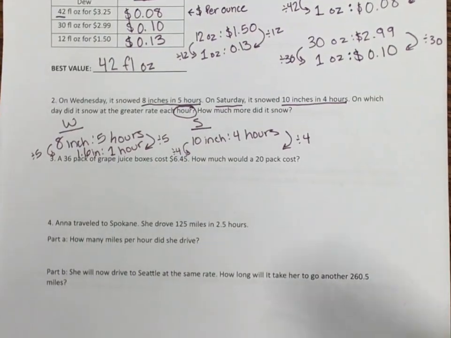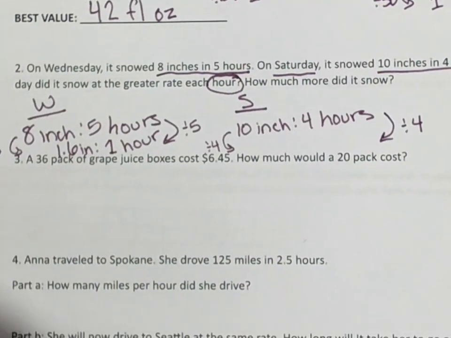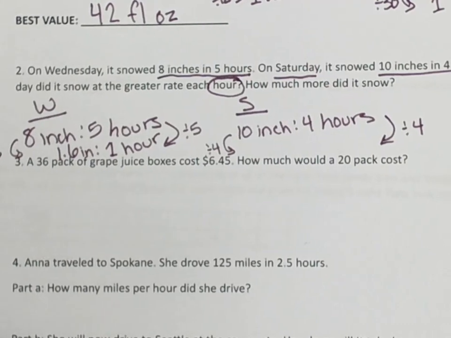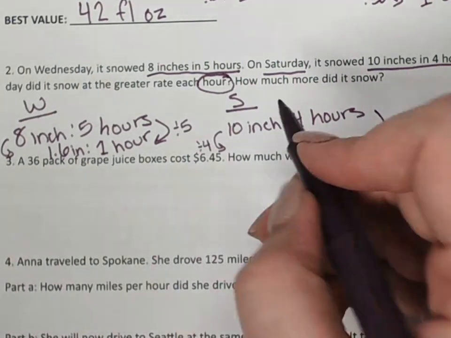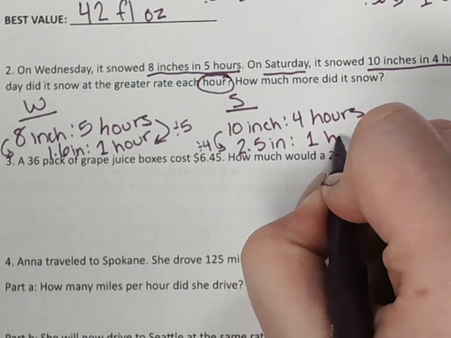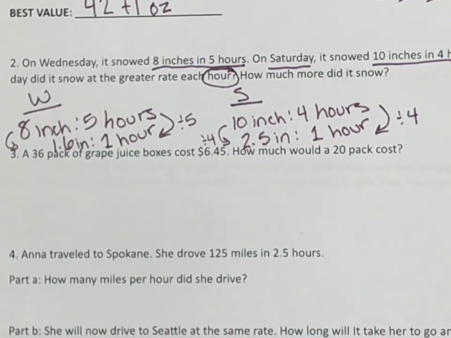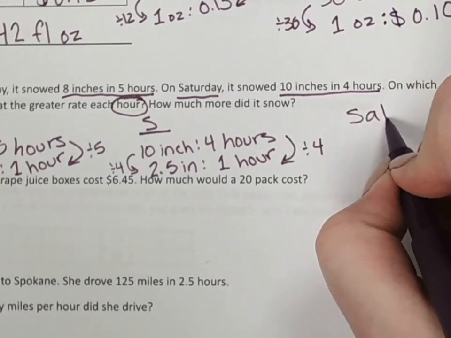Okay, and then let me zoom in a little bit. And then if we divide 10 divided by 4 is 2.5 inches per hour. So which one had the greater rate each hour? Well, Saturday it snowed 2.5 inches in 1 hour. Wednesday it was only 1.6. So Saturday